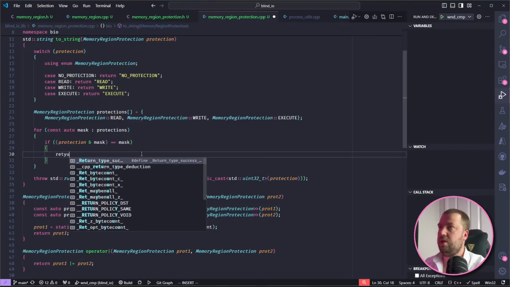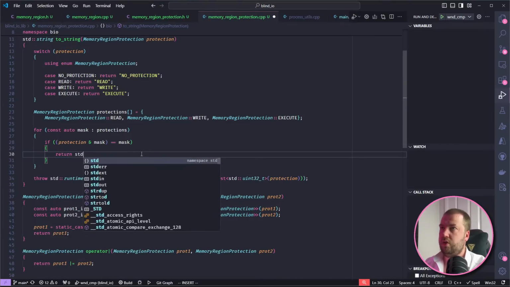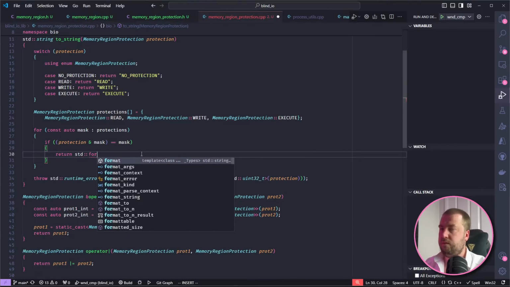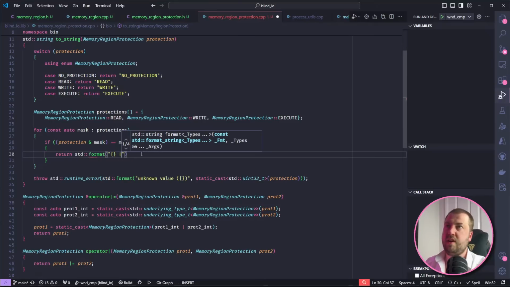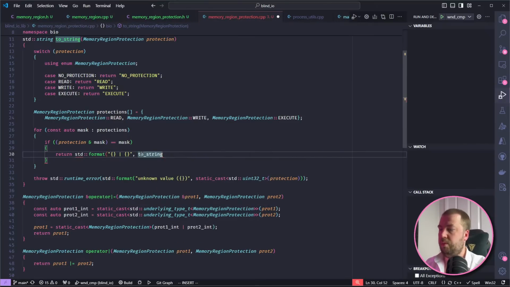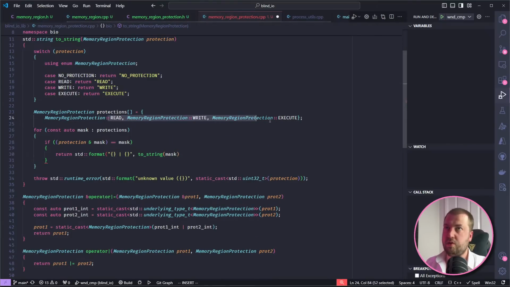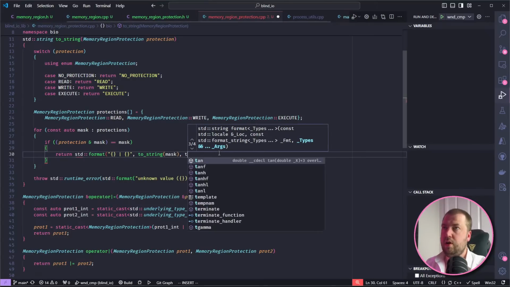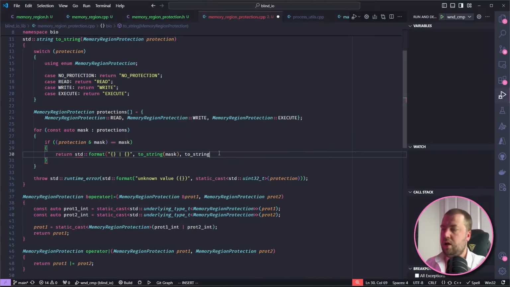So I think what we can then do is go return std format. I'm going to copy VS Code system because I quite like that. And then we can recursively call toString on the mask, which is fine because we know this mask is a single value, so it will get caught by this switch statement. And then we want to do toString